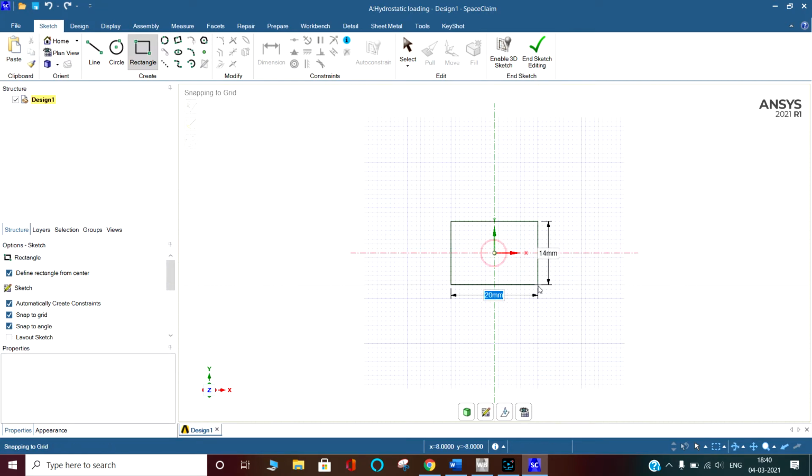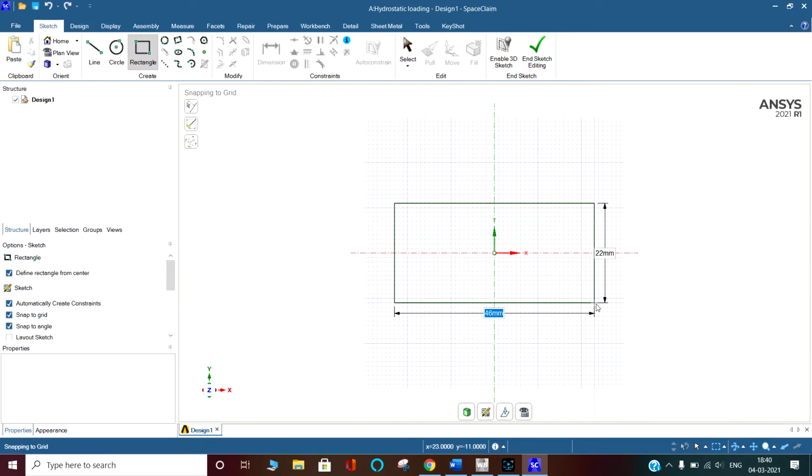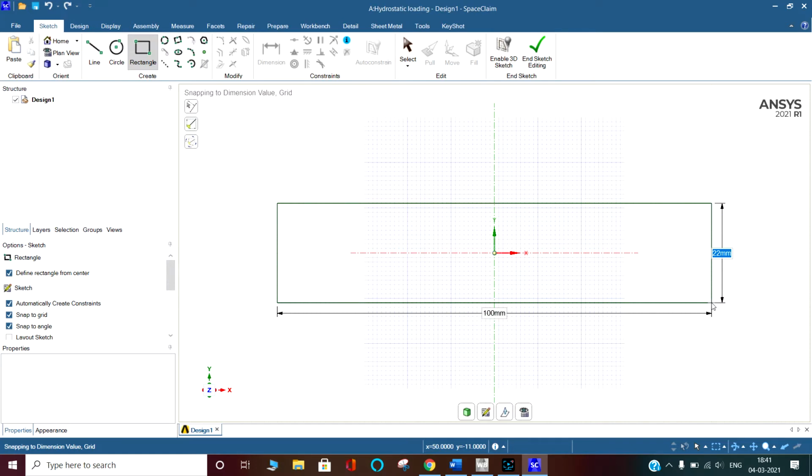So I already told you the dimensions. The dimensions I want to take are 300 by 100. Here you can see the 46 is coming with the blue box. Just by pressing the space bar, you can put the dimension 100, and by using the tab it shifts to the other side and you can put 300. That is all in mm.